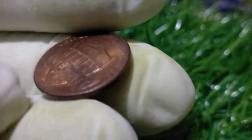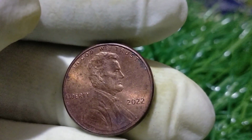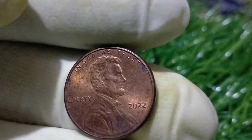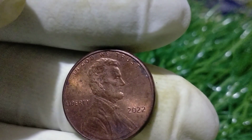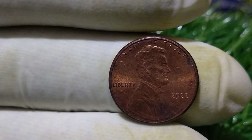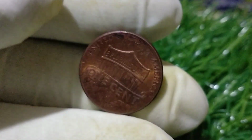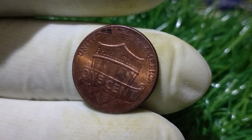comes with it, and let's not forget multi-strike errors where a coin is struck more than once by the press, creating overlapping or ghostly images of Lincoln or the reverse shield design, and blockage errors where a coin sticks to the die and impresses a mirror image onto the next coin, and both of these are among the most dramatic and visually stunning types of mint errors that always fetch huge sums at auction. So a 2022 cent with a spectacular multi-strike or blockage could easily capture the attention of collectors willing to pay